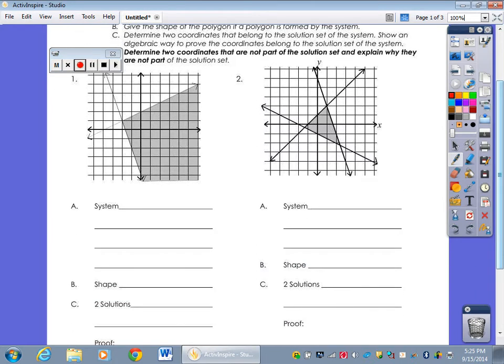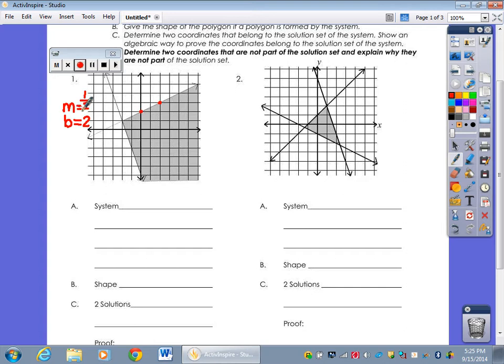On number 1, in order to find the equation of the first line, we're going to need to find the y-intercept. So the m and the b we need, and then whether it's a solid line or dashed line, and whether it's above or below. My y-intercept for this line is at +2. And then when I find another point, I've gone up 1 and to the right 2, so my slope is